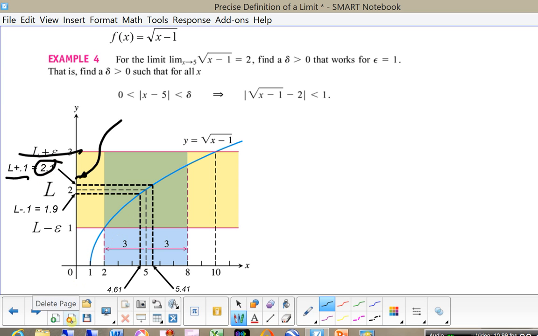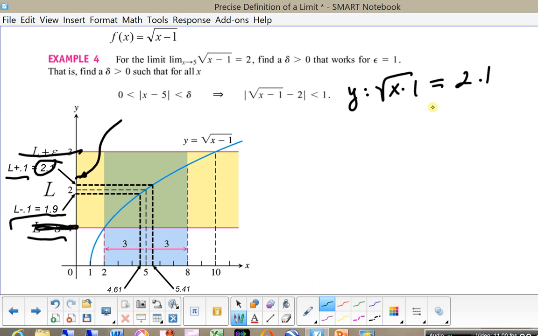So we plot that on the graph, and then we do L minus epsilon, which is not 1 in this case. L minus epsilon would be 1.9. Now we have to go backwards and find out what value of x produces the 2.1. So since y is equal to the square root of x minus 1 equals 2.1,